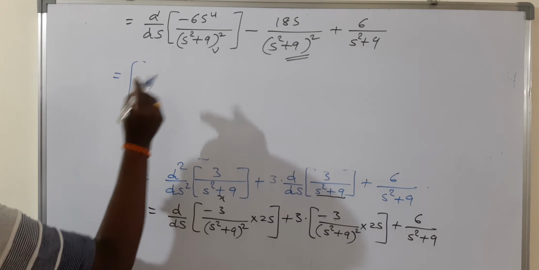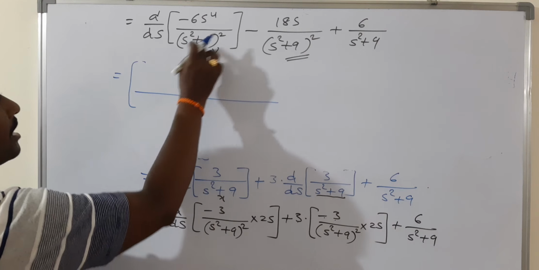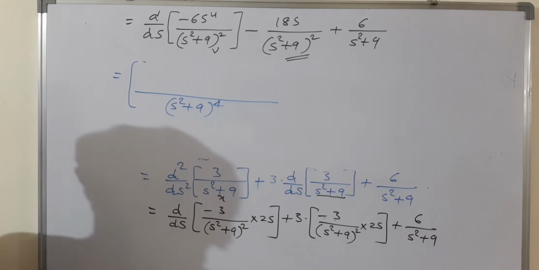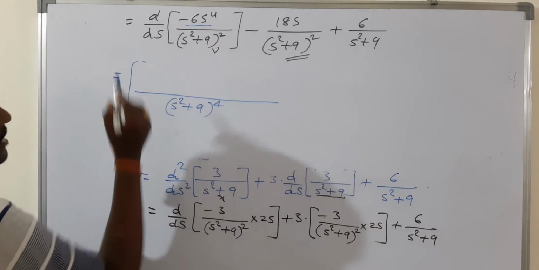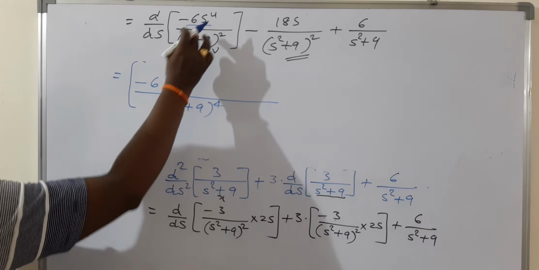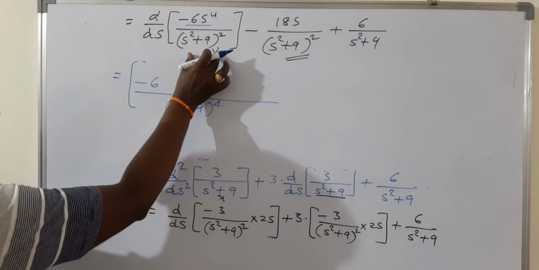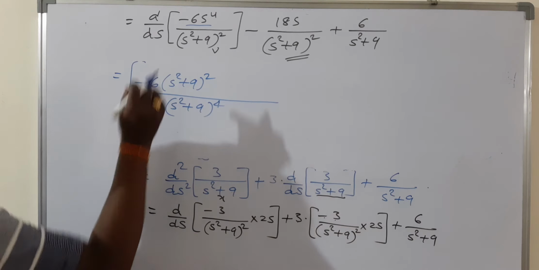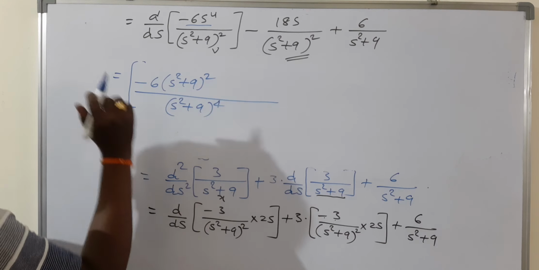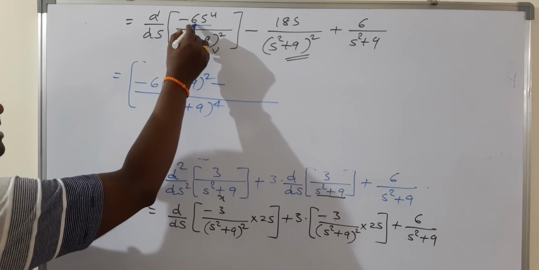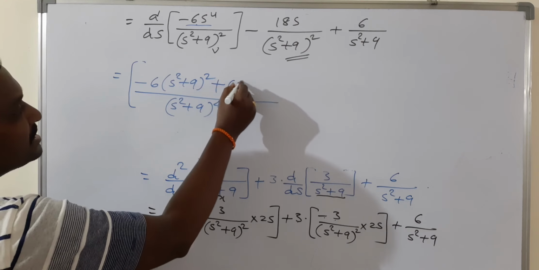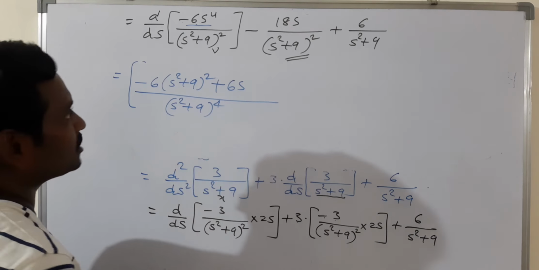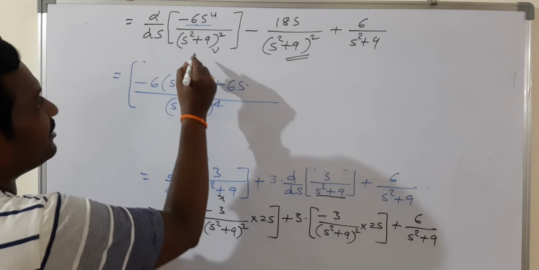So bracket open. First write denominator whole square. Already the denominator has whole square, that's why (s square plus 9) whole square becomes whole power 4. Now the derivative for the numerator minus 6s is only minus 6, since the derivative of s with respect to s is 1. Now v is the similar term, (s square plus 9) whole square. Don't do the derivative for the denominator in the first part. Minus, now the numerator is the similar part here, so minus of minus plus 6s. Already the numerator is minus, and in the formula we have another minus. Minus minus is positive. Into the derivative for the denominator.